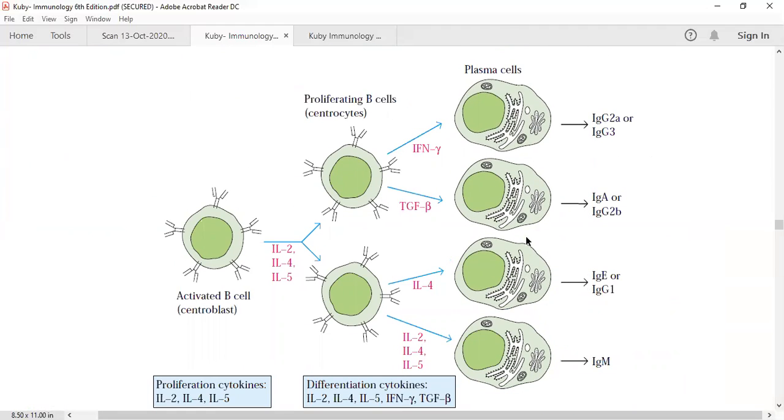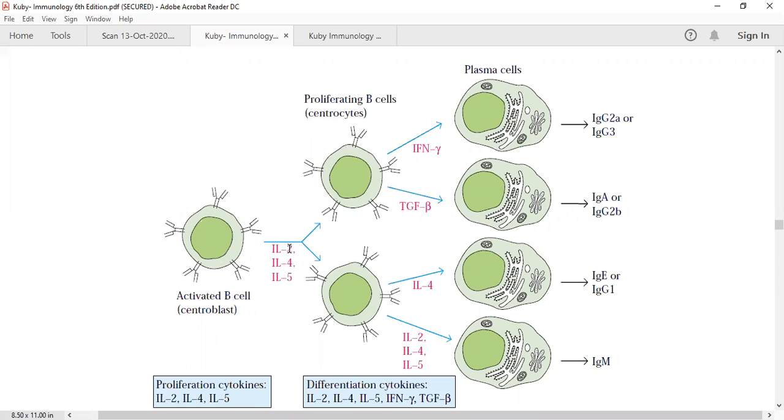There's one more diagram which is actually showing the class switching. Class switching is dependent upon a kind of signal. So here the signaling molecules are these red ones, right? These pink or red, whatever you are able to see, are signal molecules or interleukins, which are called cytokines. Cytokines are secreted by the cells and they regulate other cells' behavior. In the case of B cells, these cytokines are very important because they help them proliferate so that they develop into centrocytes.